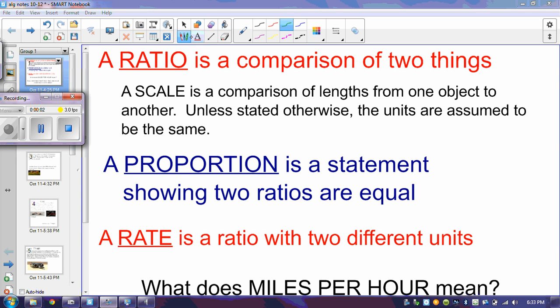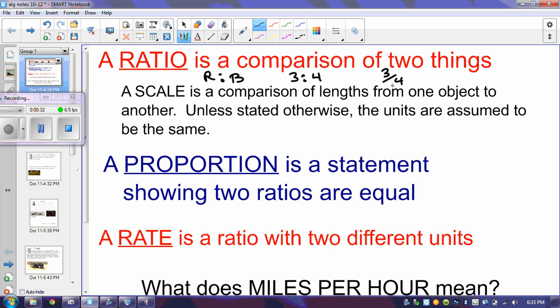Okay, let's start with a brief review of some of the vocabulary here. First thing is ratio, and a ratio is a comparison of two things. For example, I might have M&Ms and I'm comparing how many are red in my pile to how many are blue. And if when I looked at it and simplified this ratio, I saw that for every 3 red, there were 4 blue, I could write the ratio this way, or I could write it as a fraction this way,